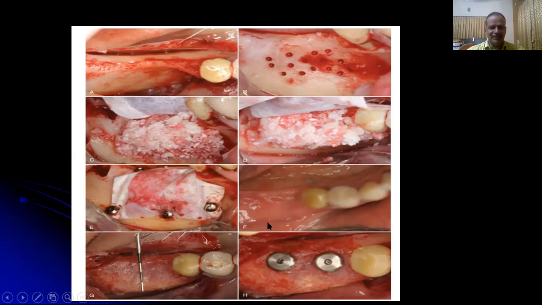This is the healing that takes place after 6 months. After 6 months, a full thickness flap was reflected, and the membrane, that is the ePTFE membrane, expanded polytetrafluoroethylene membrane, was removed. Bone tacks were removed, and then this is the increase in the bone dimension, the increase in the horizontal dimension that is achieved, and then the osteotomy is prepared. When the osteotomy is prepared, it's very important to maintain at least 3 millimeters of the bone on the regenerated bone. So this is after placing the wide diameter implants.